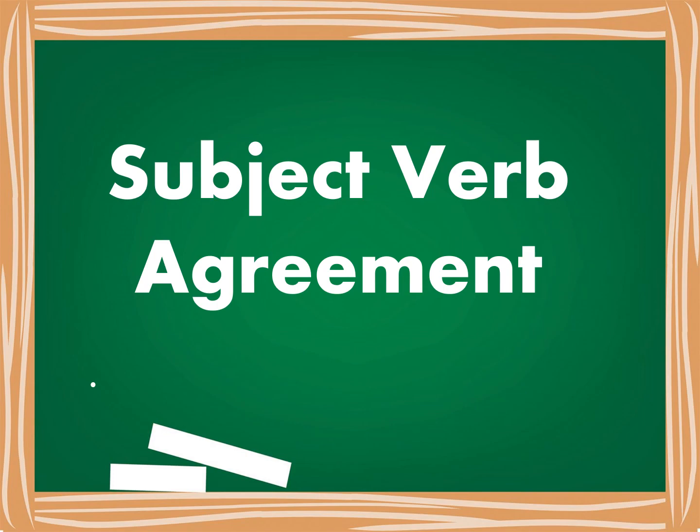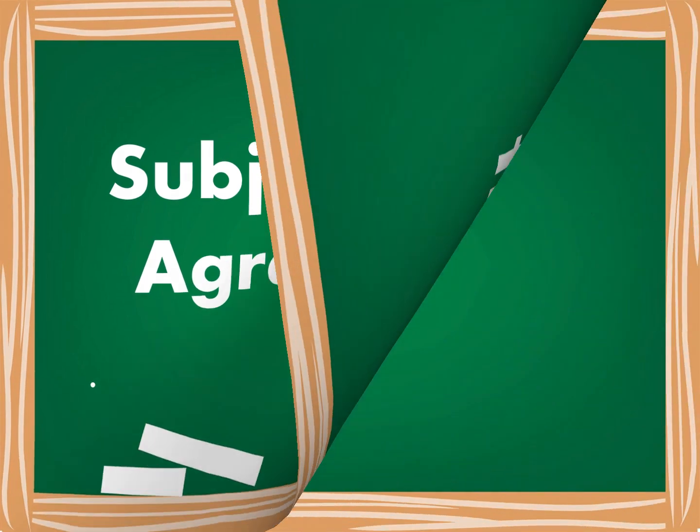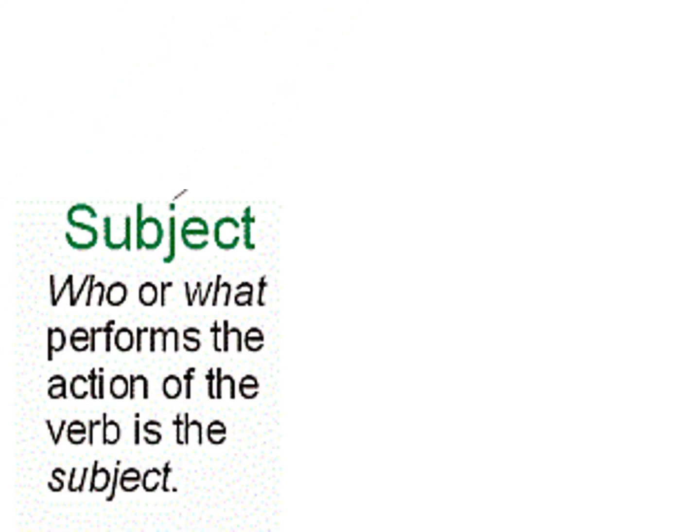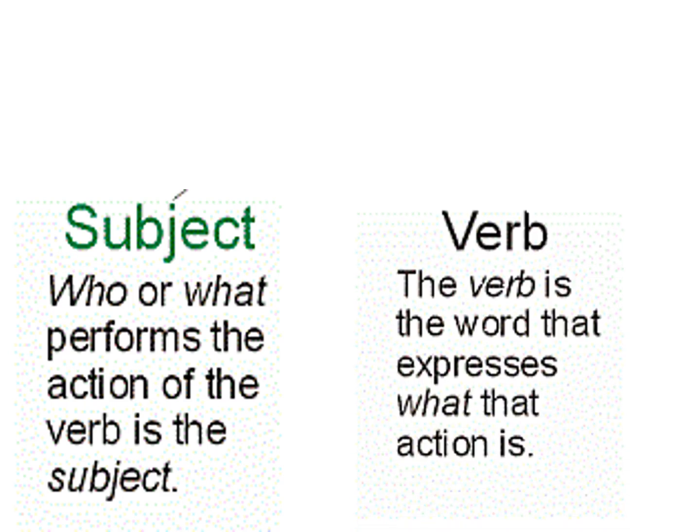Subject-verb agreements. Let us first identify the subject in the sentences. The subject is who or what performs the action of the verb. The verb is the word that expresses what the action is. Example: